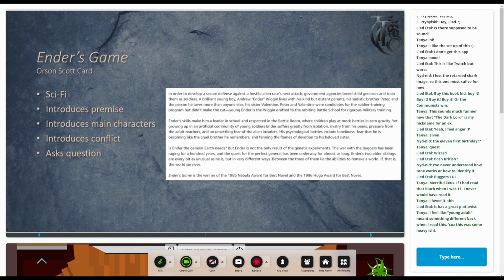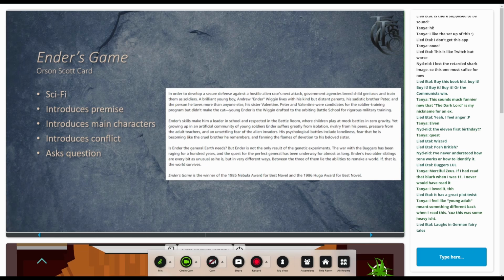You have the main characters introduced. You have Ender, Valentine, and Peter. I presume there are other very important characters in the novel who are not mentioned in the blurb. It introduces some of the conflict where you have Ender fighting kind of his own internal demons as well as trying to prepare for some sort of major attack. And yeah,